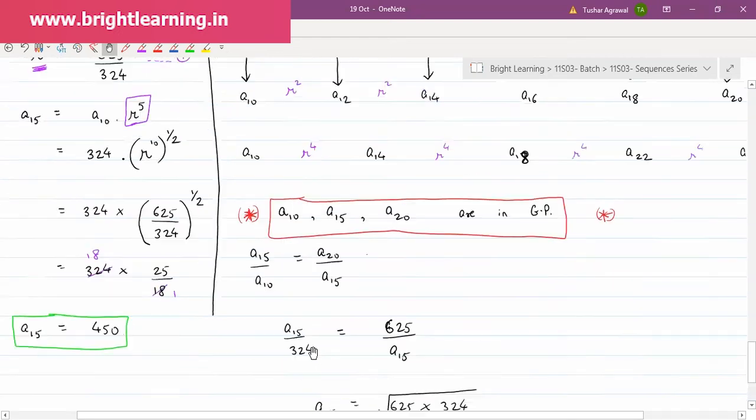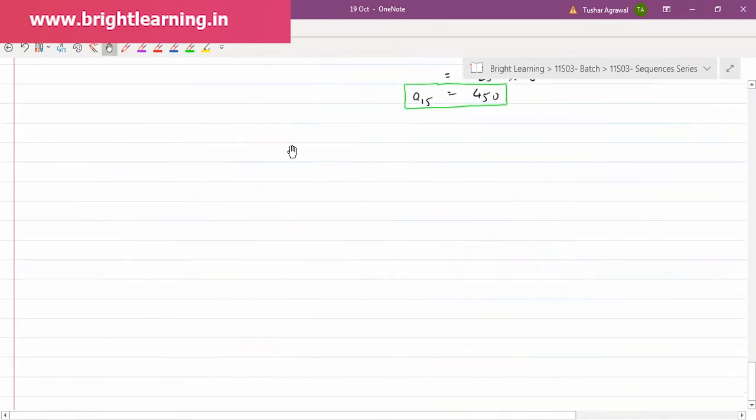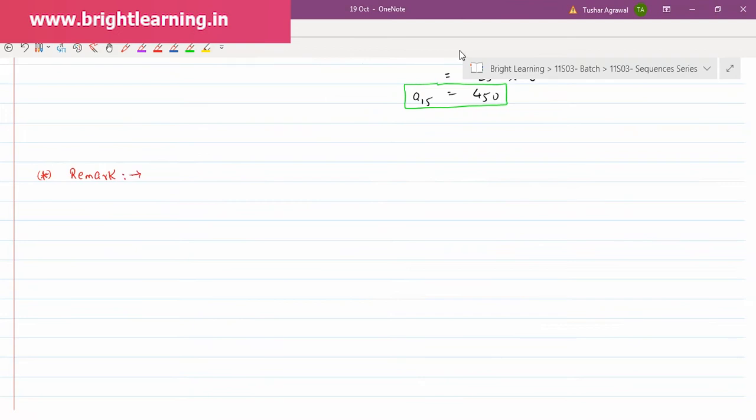So this result, with terms 8, 10, 12, 14, 16, 18, and so on, I will write the generalized result as a remark. After I write the remark, you take the screenshot of the remark and of the previous questions. Just 2 minutes. So the remark is,